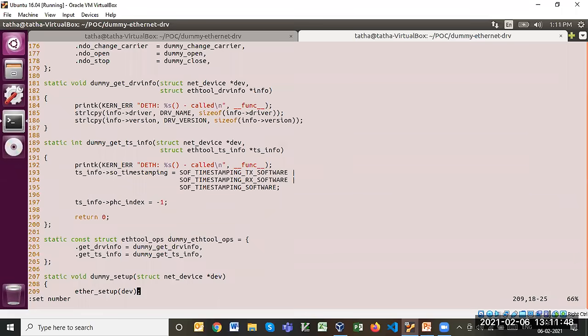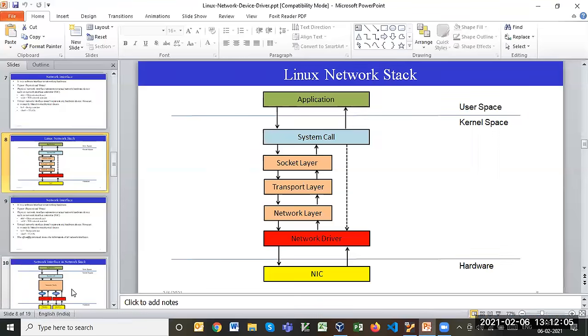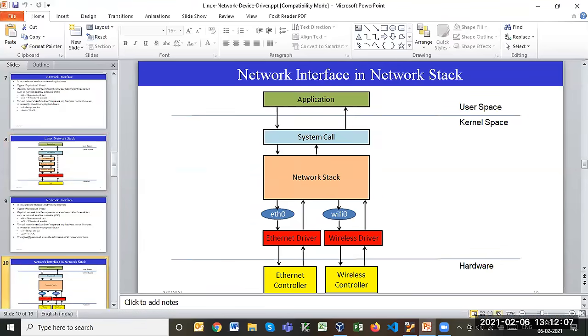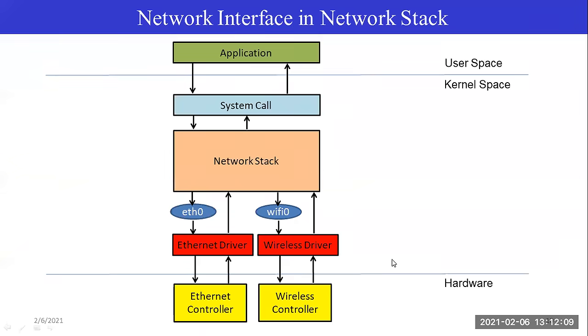Whatever code I am writing here, you will find the same code in the USB driver also, because that is the communication part between the network stack and the driver. For example, this one is the USB driver, and for that you may have a usb0 kind of interface.